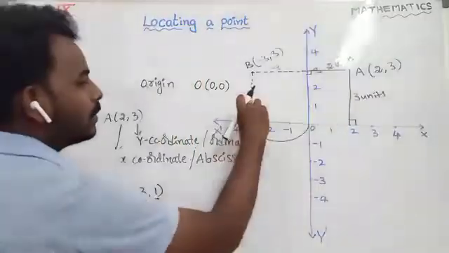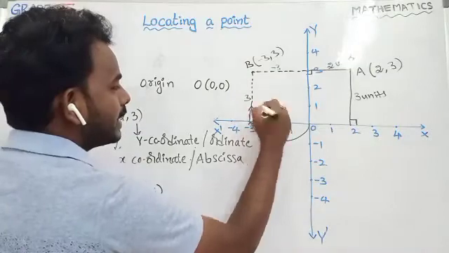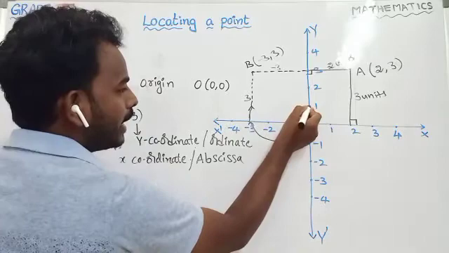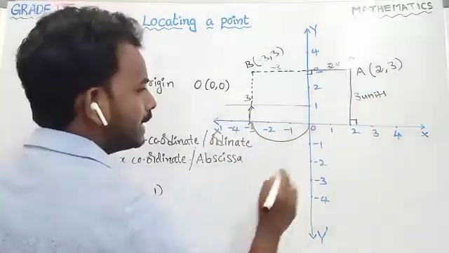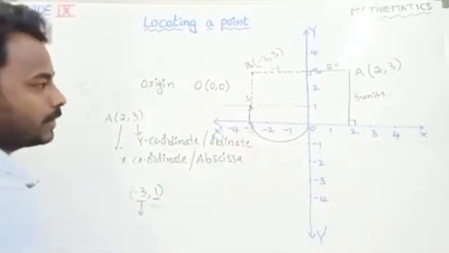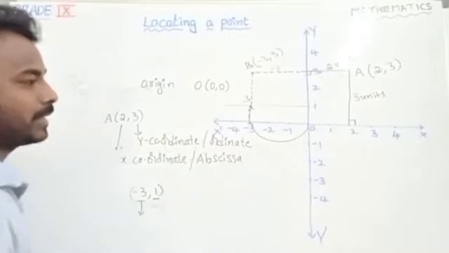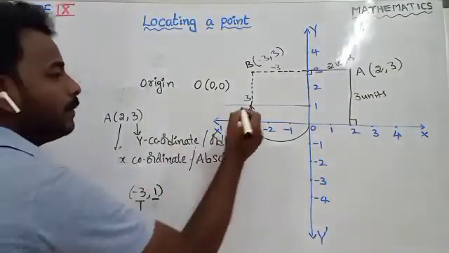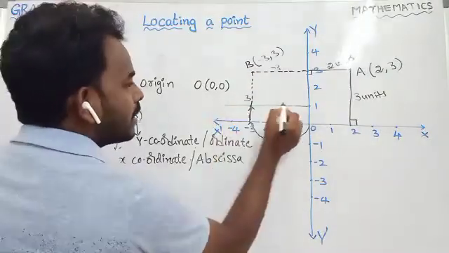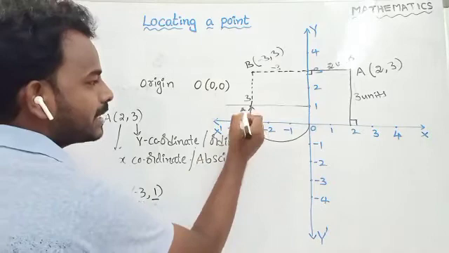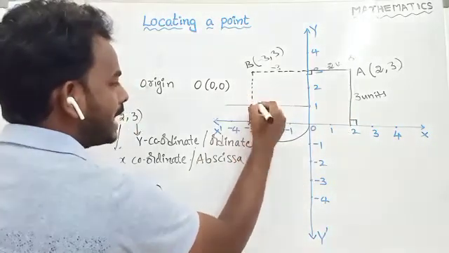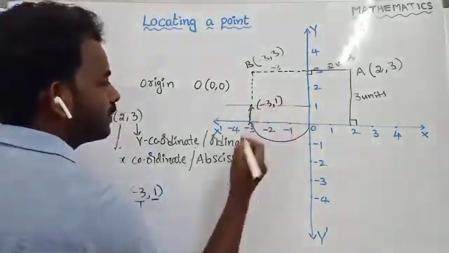So 1 unit to the upper side, parallel to the y axis. You are going parallel to the y axis, up to 1 unit. You have a thick line in the graph sheet, so up to there only you can go. Stop there. There is a point which intersects a line passing through -3 and a line passing through 1. Okay, -3 on the x-axis and 1 from the y-axis. So this point is to be considered as -3 comma 1.